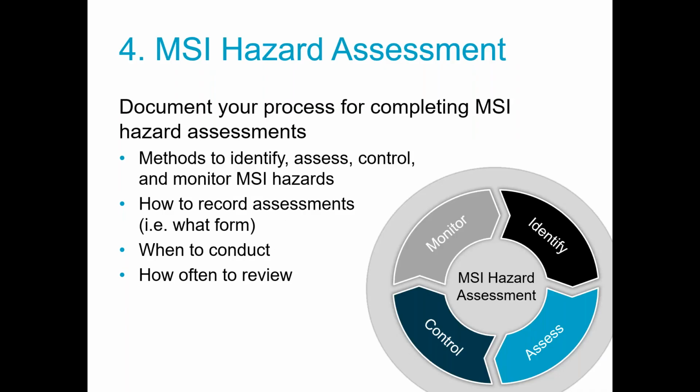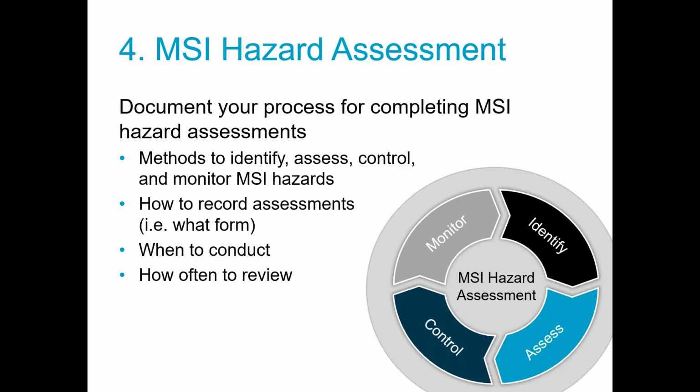In your procedure, as I mentioned, this is not required to be written in your written procedure. However, you may wish to, because you have to demonstrate this is happening in your workplace anyway in order to pass PRIME, so it just makes sense to have your process documented. You might do it in your element 13 MSI prevention procedure, or perhaps incorporate this in your element 2, the hazard recognition, evaluation, and control element of PRIME path 2, or somewhere else that makes more sense in your OHS program in regards to how it's formatted. But in any case, you do need to demonstrate that hazard assessments are taking place.